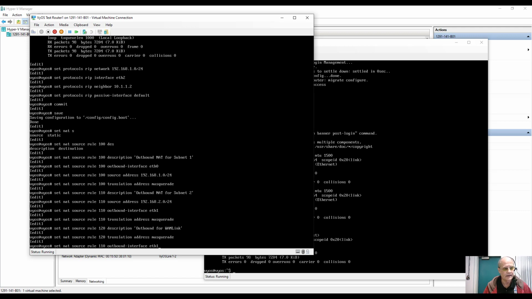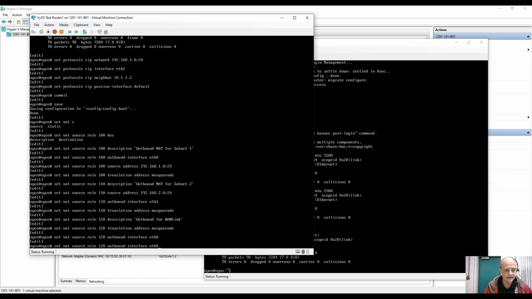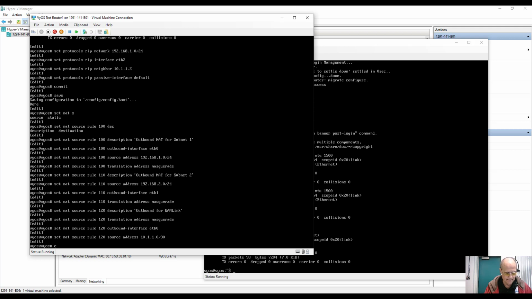And the 110, that outbound, that's going to be a different interface. That's going to be on interface 0. 20, and let's see, we did the description. We need to do the source address for that yet. So the source address for that, the network, remember, 1.1.0/30, and change our rule number, 120, commit,